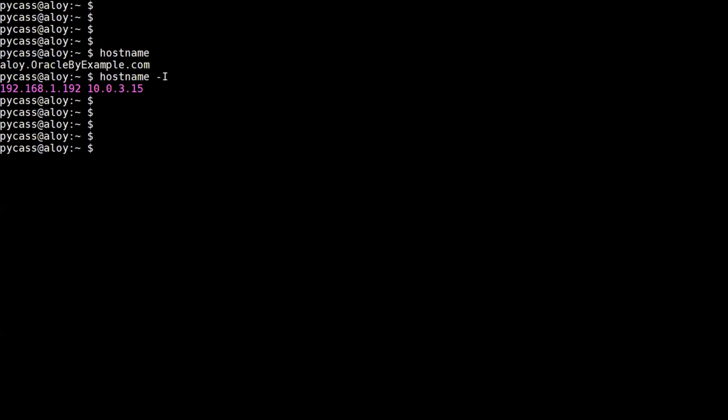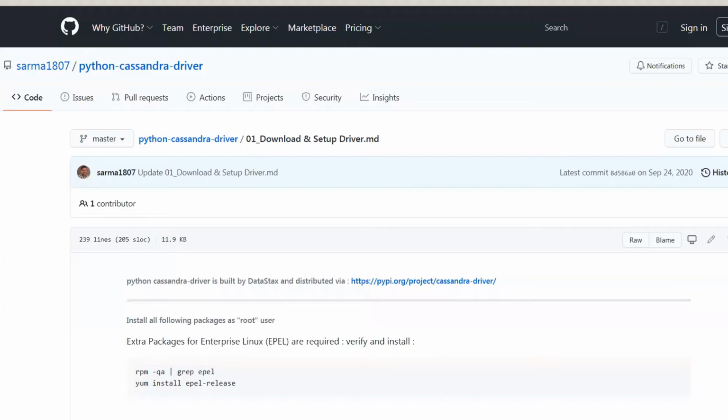Now, first thing we'll verify. Obviously, we need Python to run. So we'll say python -V just to make sure Python is installed and available for us. You can see Python 2.7.5 is already loaded onto the server when the server was set up. This is not a server, this is a client, an application box. Now, we'll go back to the GitHub and see what is the first